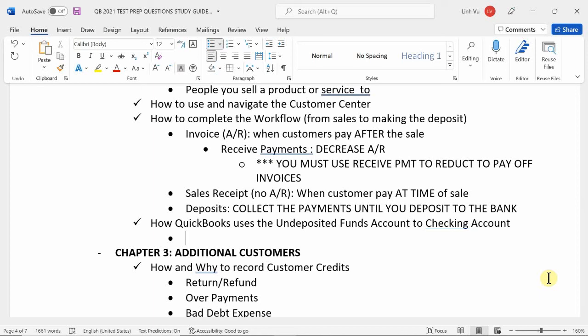So when you click on Record Deposits and you have the list of checks, what are you manually doing? You're manually taking the undeposited funds and transferring the amount into checking. That's what this question is asking: how does it move the undeposited funds to the checking? Well, it uses